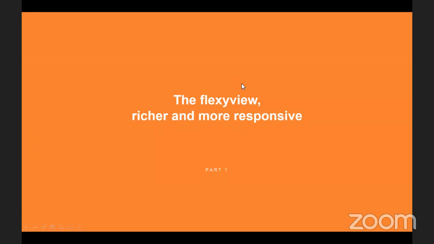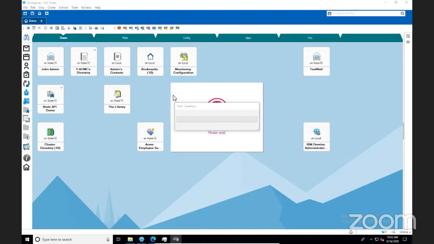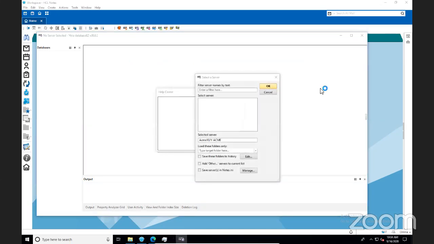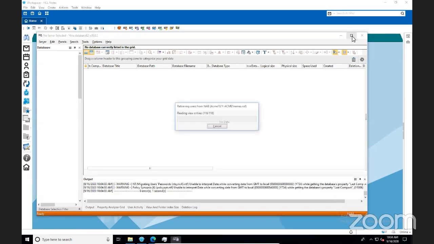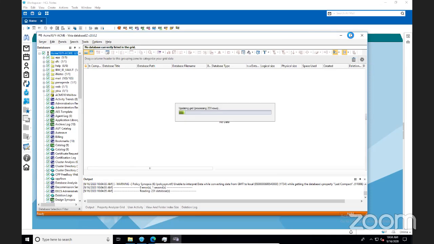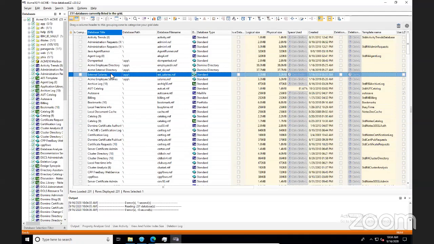Okay, so the Flexyview, richer and more responsive, definitely. So let's go to the action. From here, I'm going to use Database to show you, because it has a lot of information, a lot of columns. I'm going to select a server, load the databases, putting them in the grid, and here we are. So the grid is going to look about the same as what you had before, but